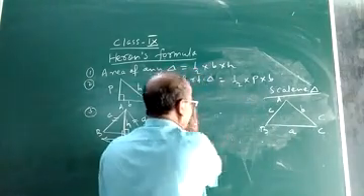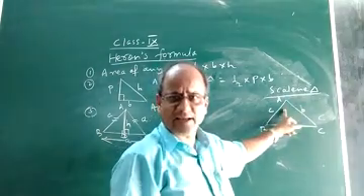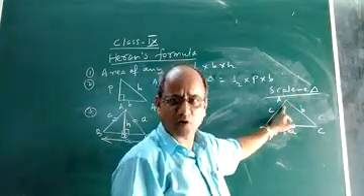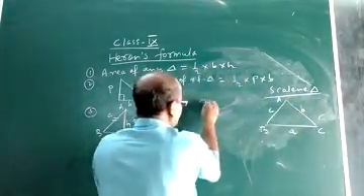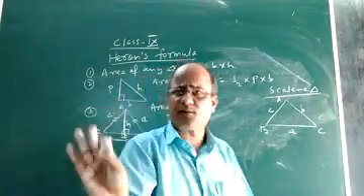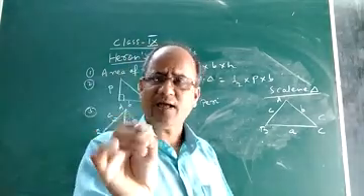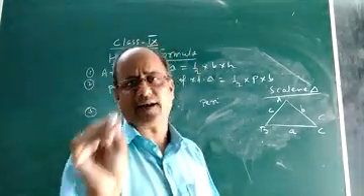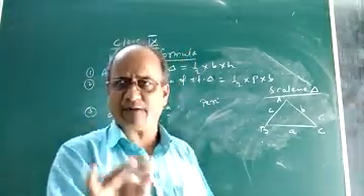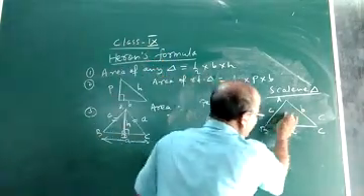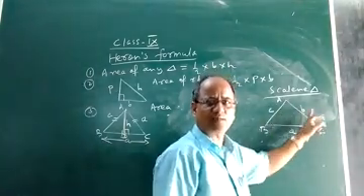In order to understand Heron's formula, see what the area of this scalene triangle will be as given by Heron. First, what do we have to find out? First, the perimeter. Actually the proof of this formula is beyond the course. We simply have to remember Heron's formula and apply it to find the area of a scalene triangle. There is no need to prove it because its proof is not in the syllabus. So, in order to find the area of this scalene triangle ABC, the lengths of whose three sides are small a, small b and small c.